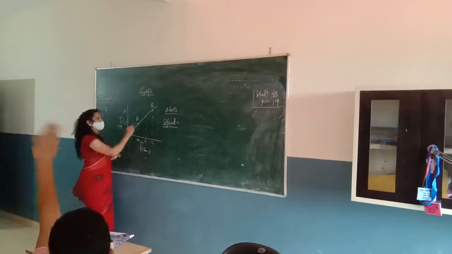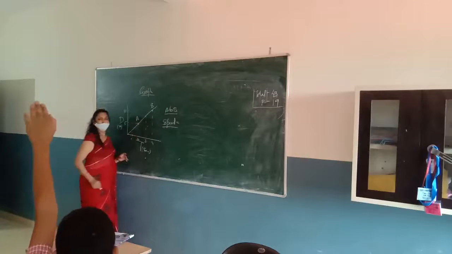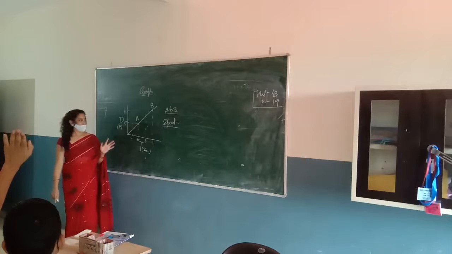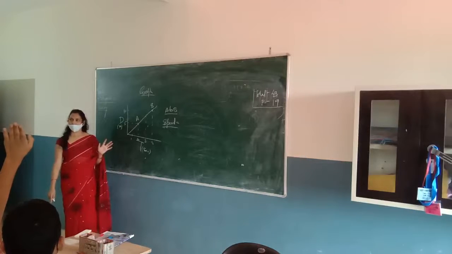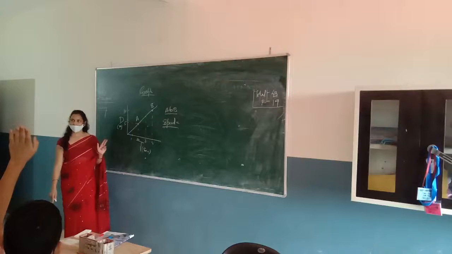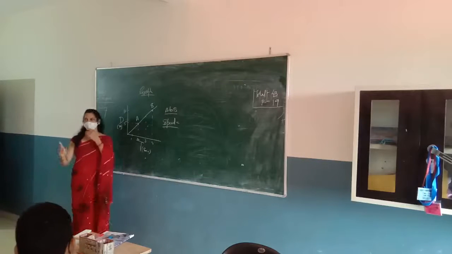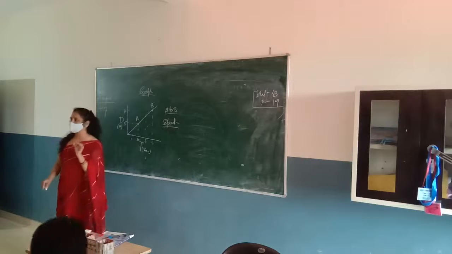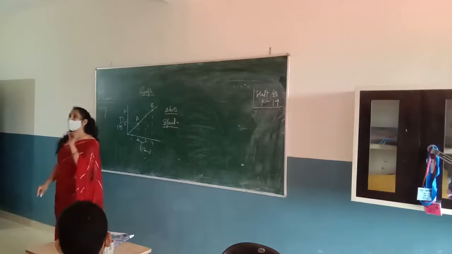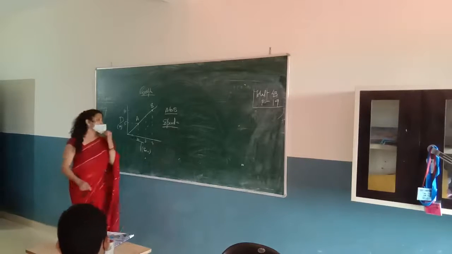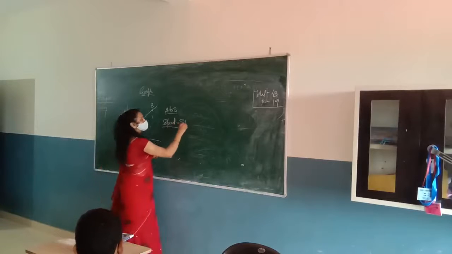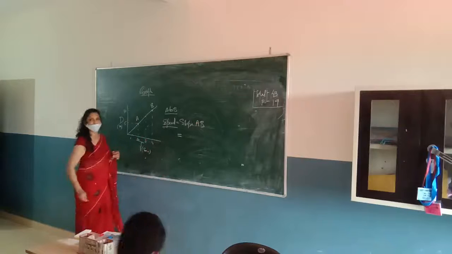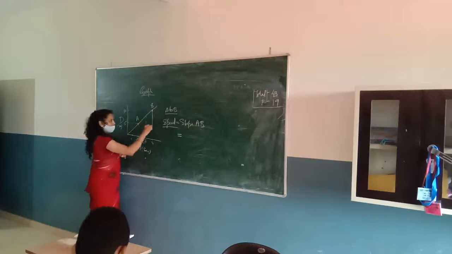If you want to find out the speed from A to B, it will be 10 upon 4. It will be 10 upon minus 5. So actually for calculating the velocity or the speed by using distance graph, we find out the slope of the graph. And what is the meaning of slope? Slope means perpendicular upon base. This is perpendicular and this is base.